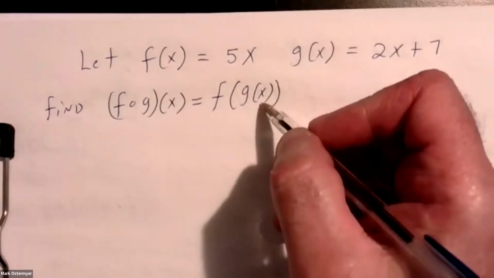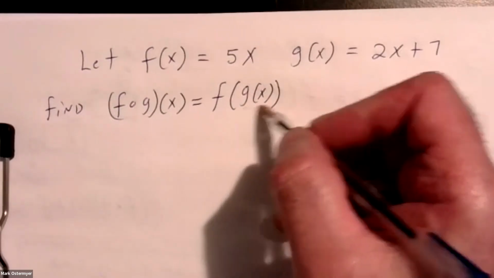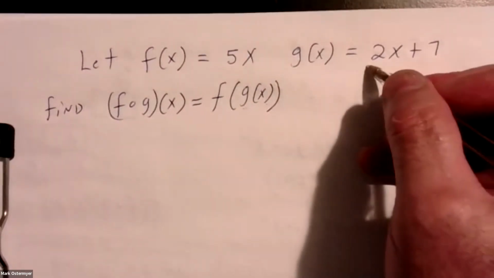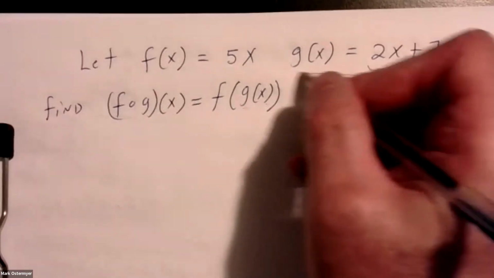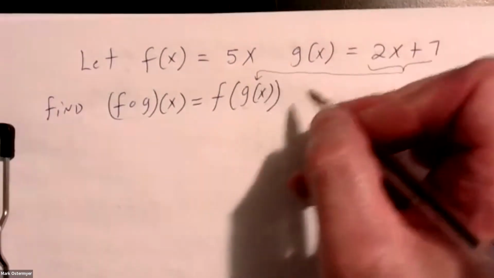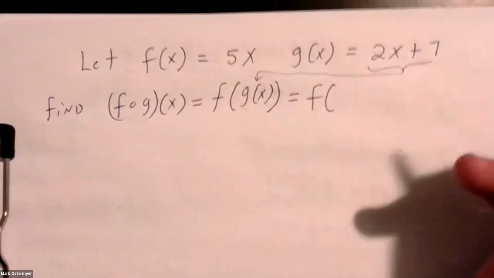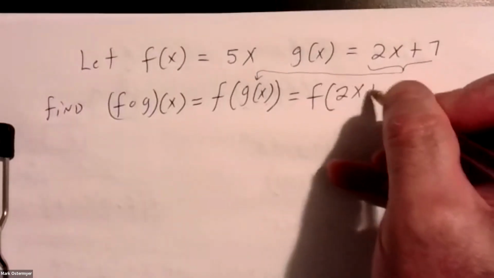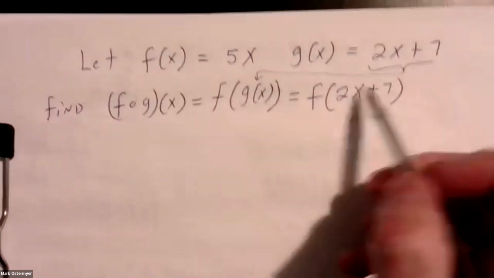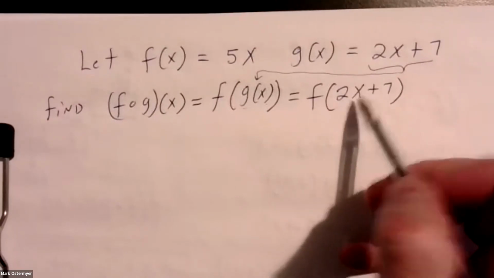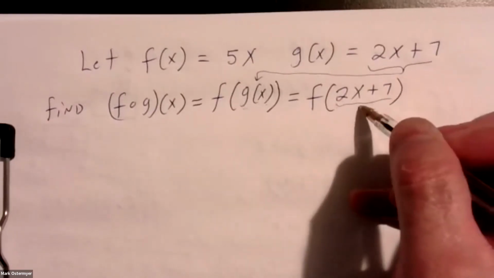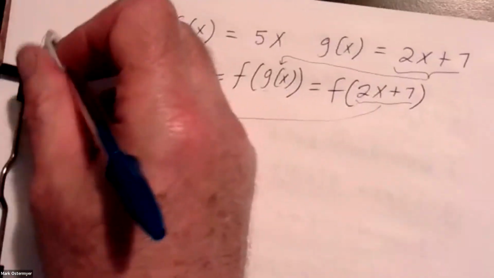So that means we're going to throw x into function g first, and out comes something called g of x being 2x plus 7. This 2x plus 7 is going to drop in and take the place of g of x. Now, this 2x plus 7, which is the output of function g, becomes the input into function f. So this 2x plus 7 is going to come over here, and it's going to drop